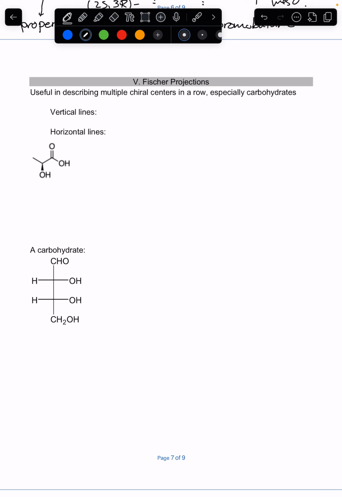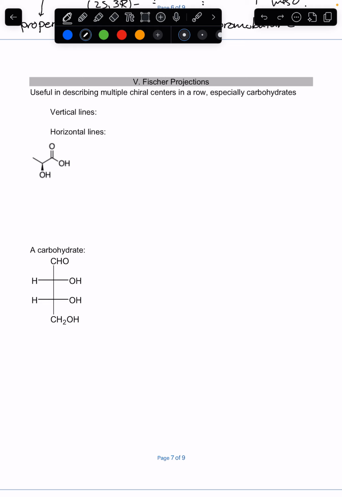I personally don't necessarily prefer that convention, but especially when it comes to carbohydrates, carbohydrate molecules, the way the structures are depicted is often using Fischer projection. And so for that reason, I want you to be familiar with that. You'll see a lot of these in biochemistry classes in the future. The Fischer projection,